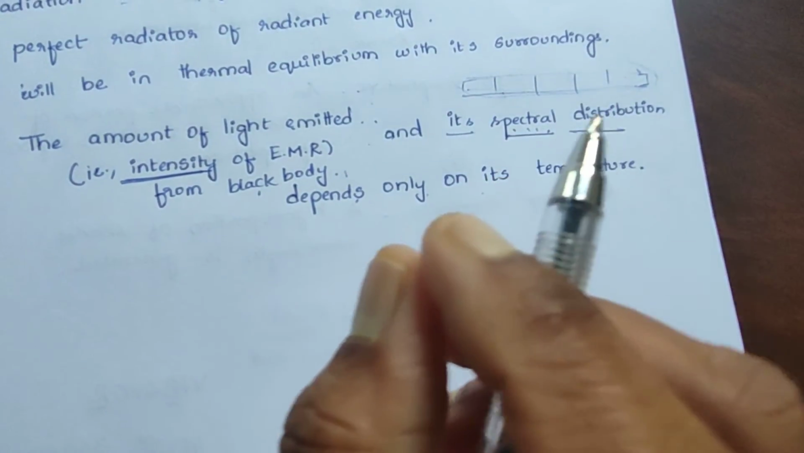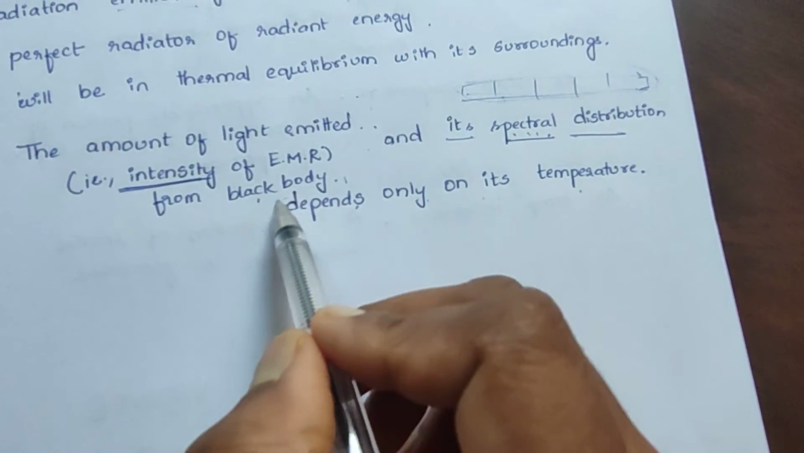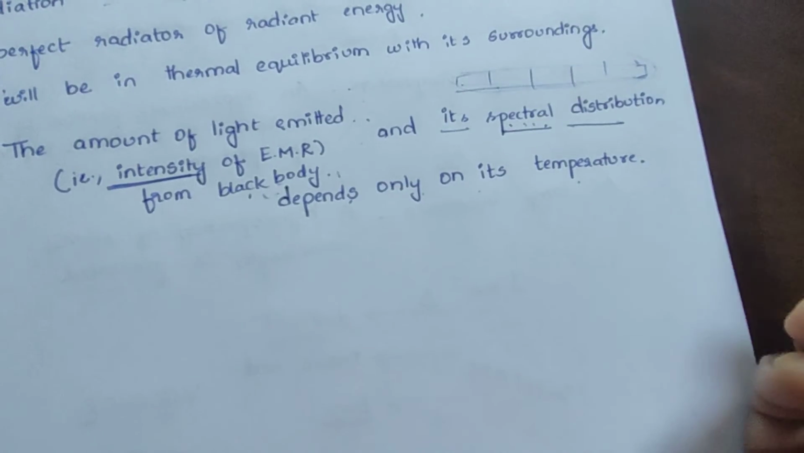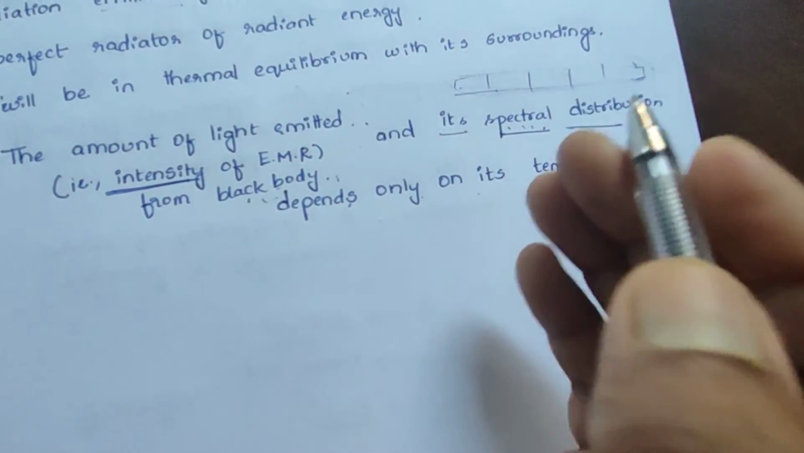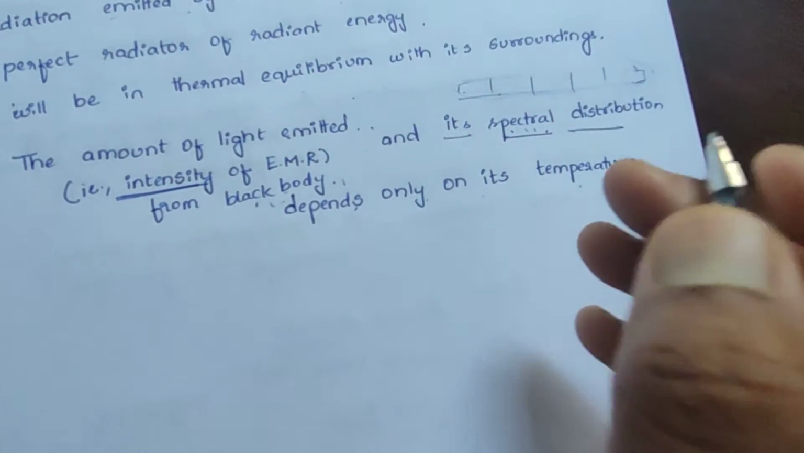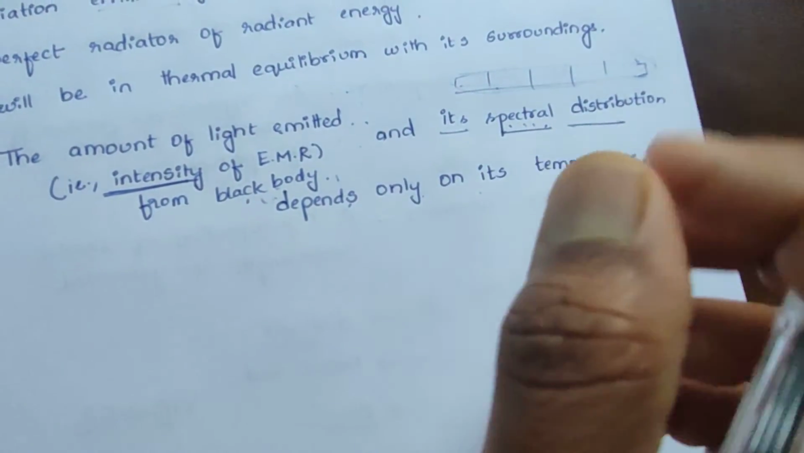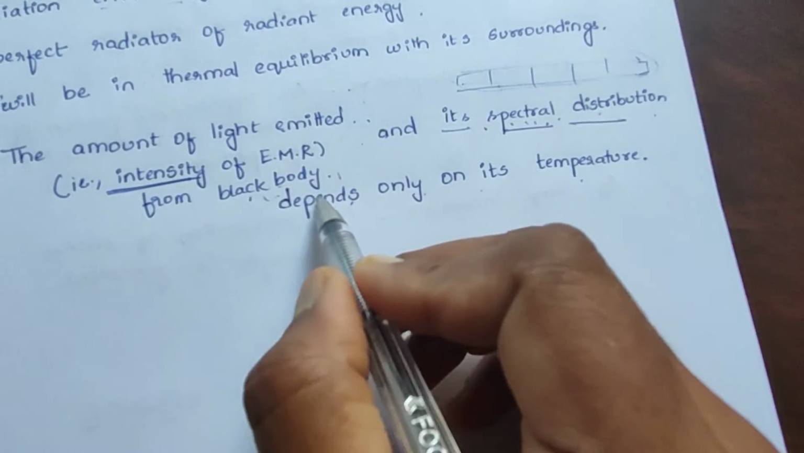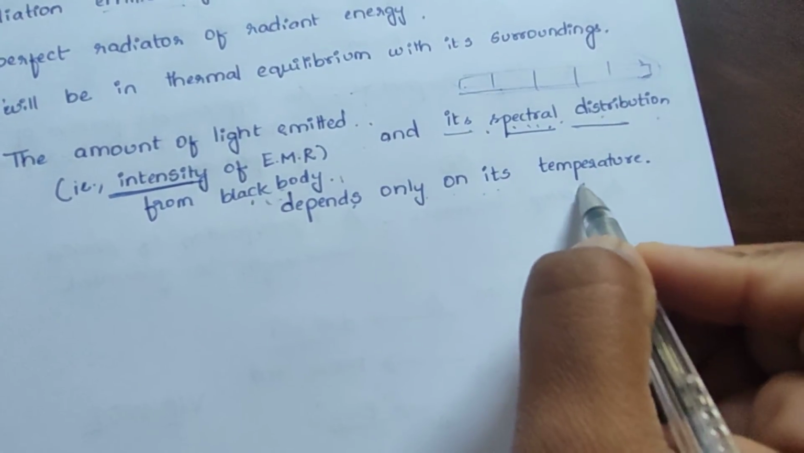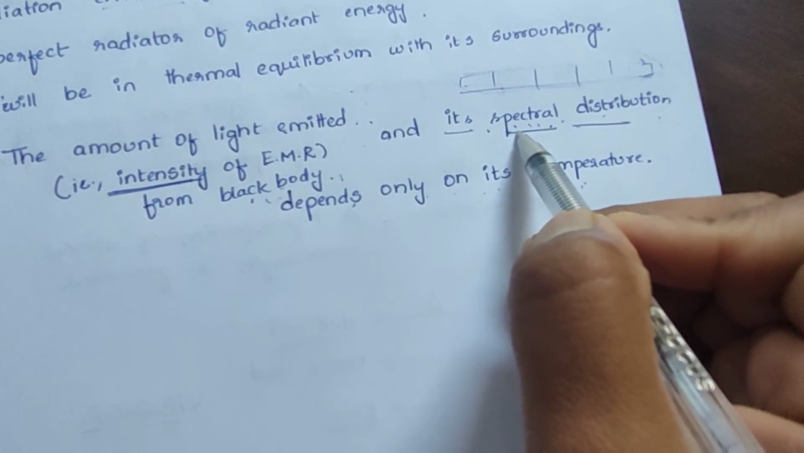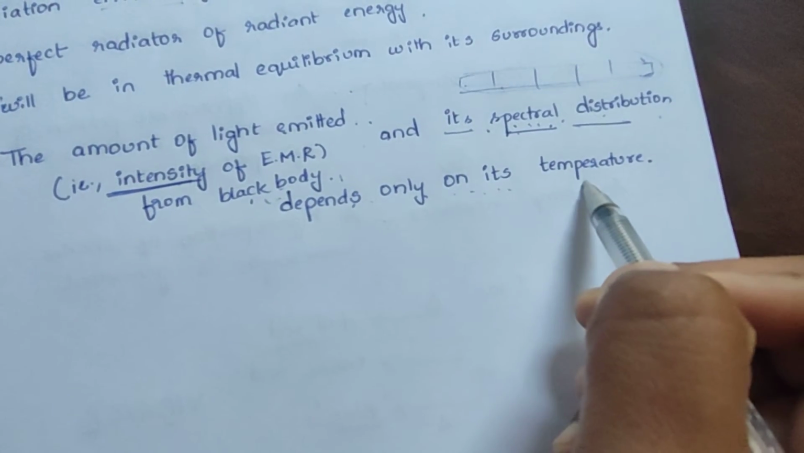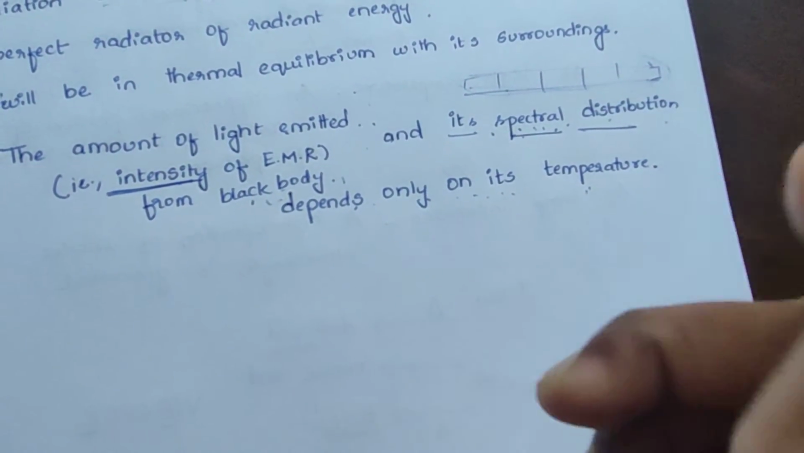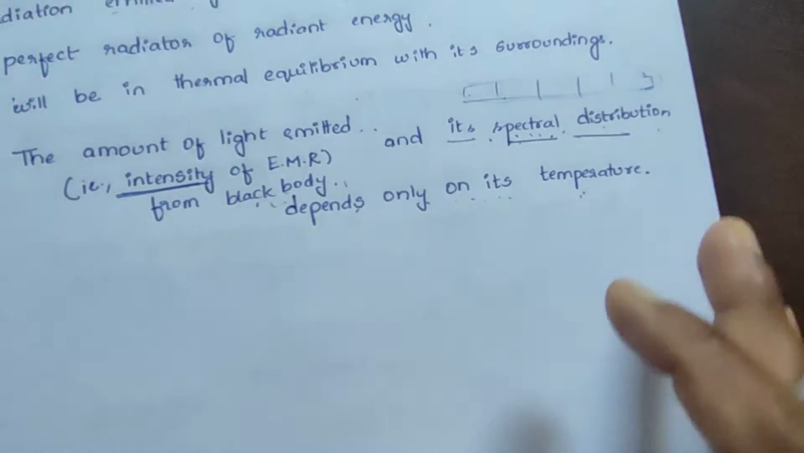See, at lower temperature the black body emits radiation in the longer wavelength. As the temperature increases, the emitted electromagnetic radiations shift to shorter wavelength, that is the spectral distribution depends only on its temperature. Intensity and spectral distribution depend only on its temperature. Means the black body emits radiations depending upon its temperature. At a given temperature,